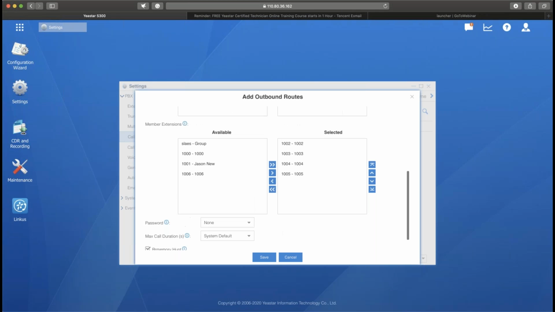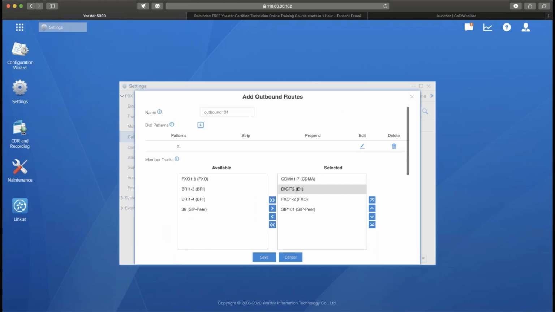Okay, now let's get back to the DEL patterns. This is very important for your outbound route. So what is the DEL pattern? The DEL pattern actually is quite functional. It's very important for you to manage your internal users to make outgoing calls. Let's say